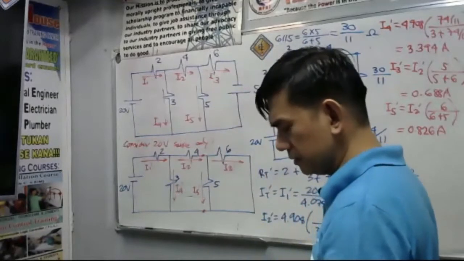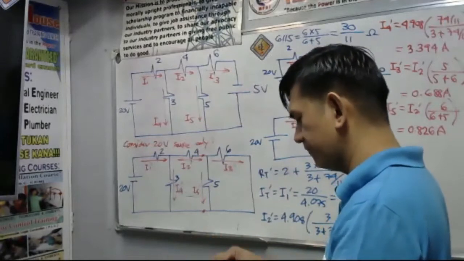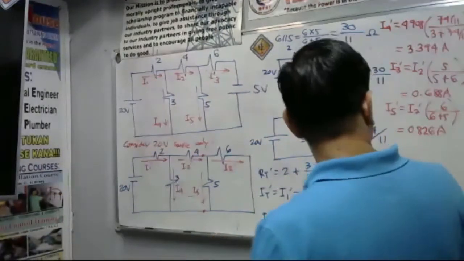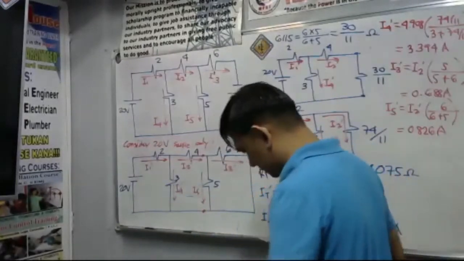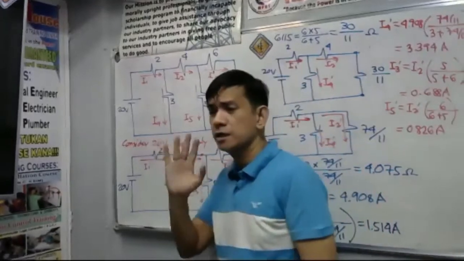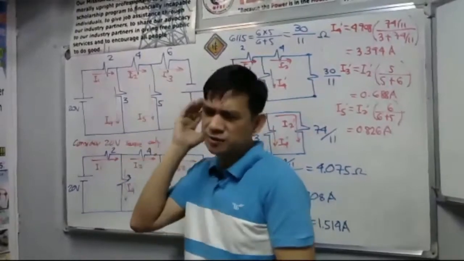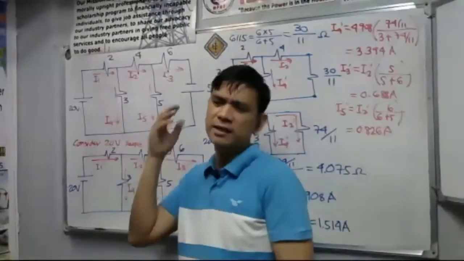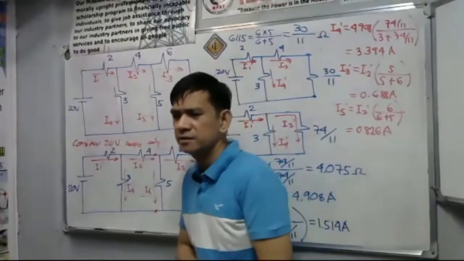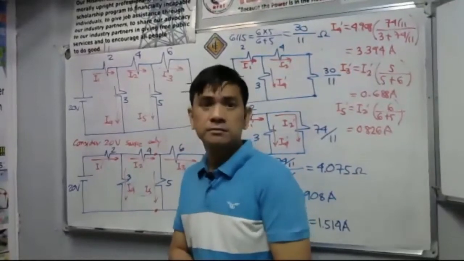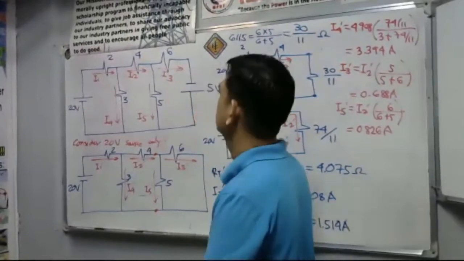There's a value here. What value? Of course, the value that I've told you before: the value of following instructions. Because in the licensure exam, they will not say to you, solve the branch currents using the superposition theorem, using the nodal, the mesh. There's no instruction like that in the licensure exam. You may choose what you want, the easiest you may choose. What theorem you want to use.